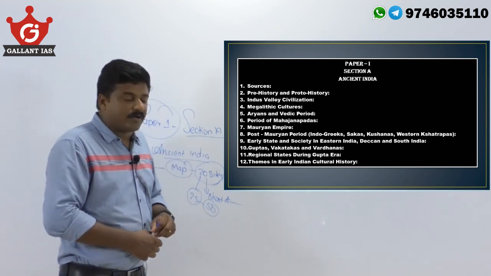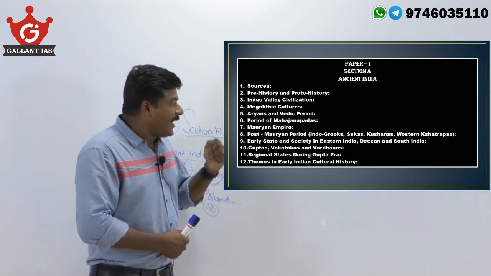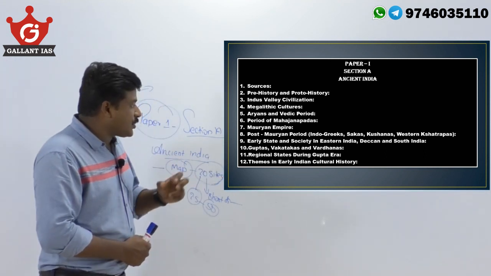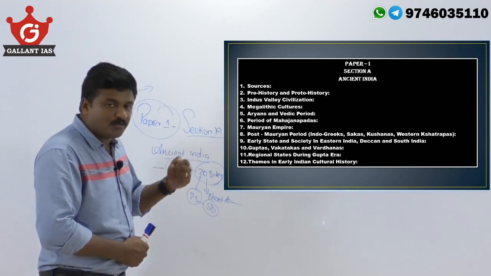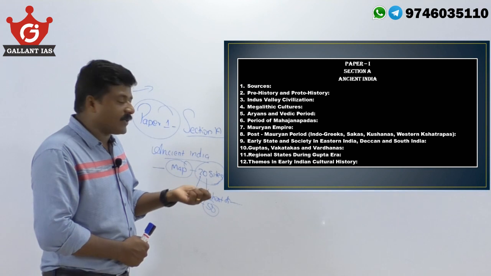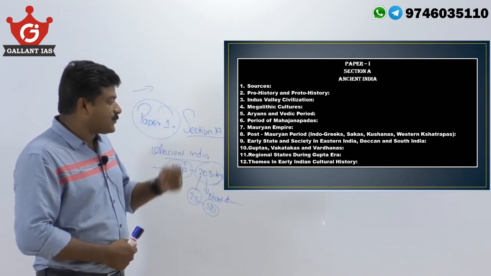Prehistoric and proto-historic India, Indus Valley civilization, megalithic culture, Aryans and Vedic era, then Mahajanapadas, Maurya, post-Maurya, early states in Eastern India, Deccan, South India, which is Sangam literature, Sangam society, Guptas, regional states during Gupta, themes in early Indian